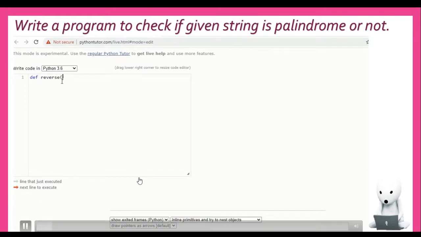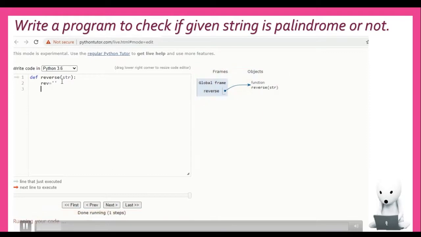So let's start with the first function. Def reverse, str is the parameter that I'm passing to this. Reverse is one variable which is holding an empty string. I declared one string variable. So start processing, start reading that string from the backward. So for i in range, len str minus 1, to the length of the string. Say, for example, if the size of the string is 10, it starts reading from the 9th position because a string starts from index 0. And because I am reading that string backwards, I have taken step as minus 1.